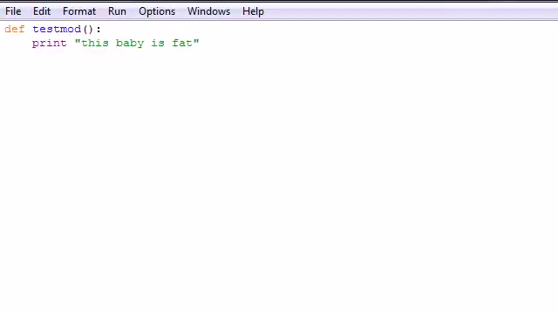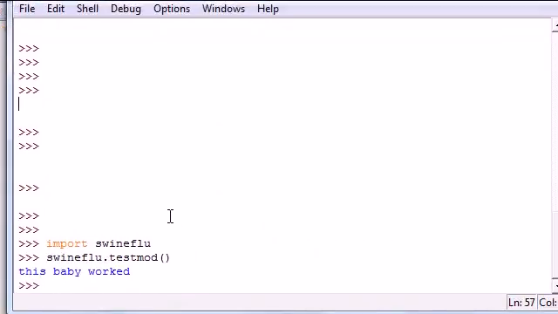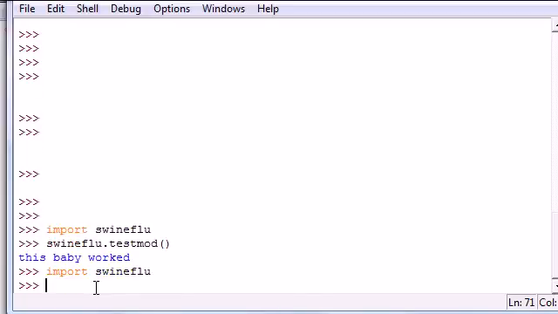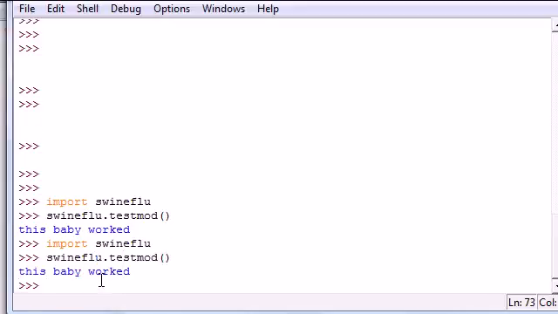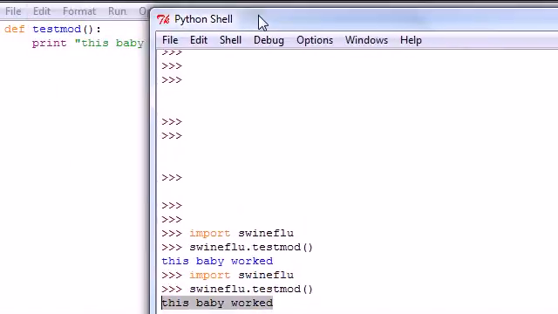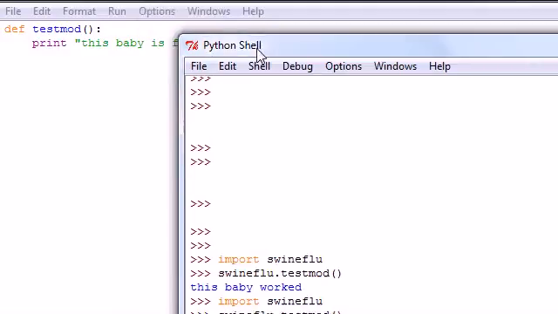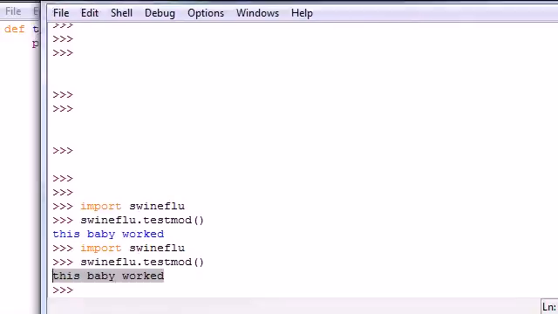We save this module. Now once we import it again, import swineflu, and then swineflu.testmod. It still says "this baby worked." That's because you can only import your module one time. Now if you wanted this to actually show up that this baby is fat like it was before, what you